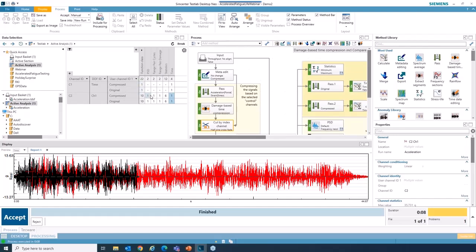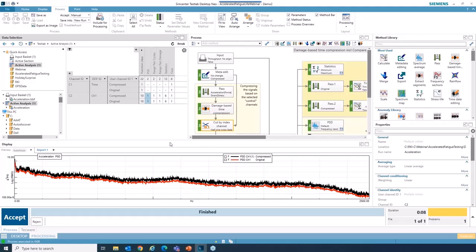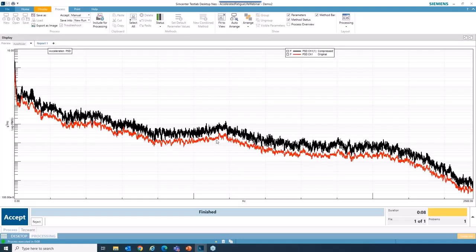If you look at the load spectrum, this is how it compares. The red one is the original and the black one is with the compressed time history. You can see that the frequencies are staying about the same. The amplitudes are slightly increased because we are doing a smaller number of averages, and that is to be expected. But more importantly, if there are any big peaks in the frequencies, they are not being shifted, which was one of the downsides of the make cycles faster method.